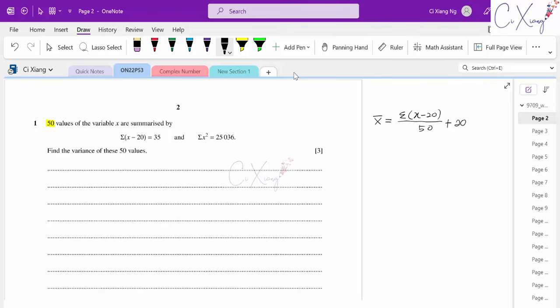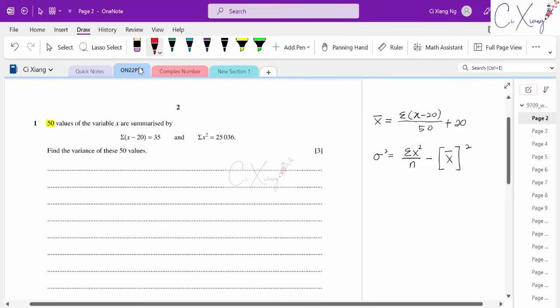Then what is the formula for variance that we have here? The variance formula is the summation of x squared divided by n, then minus the summation of x divided by n, squared, or some of us will write it as mean square. So this is the formula for variance, and this is the formula for the mean using the coding method. From here, according to what we have in the question, we can apply this first formula